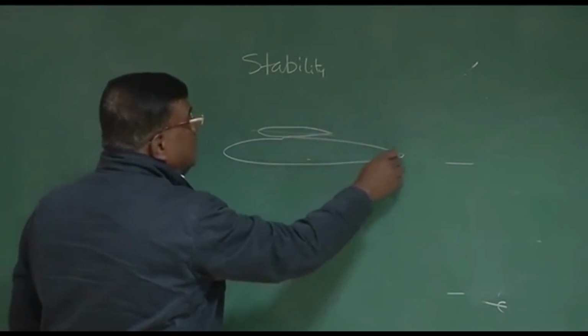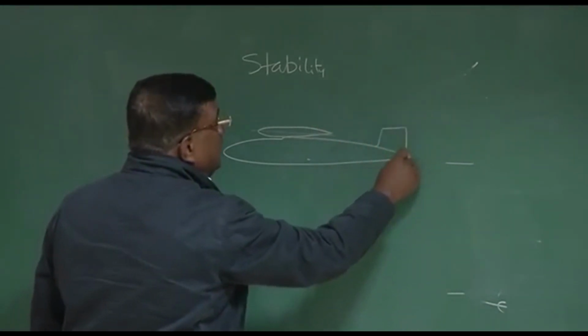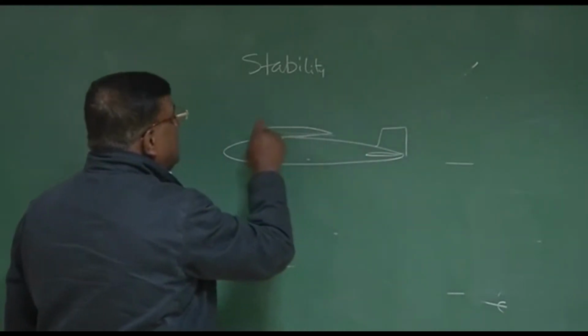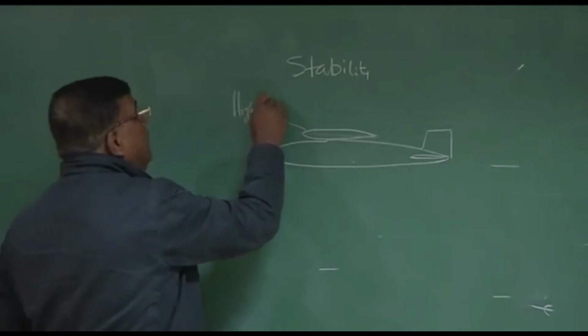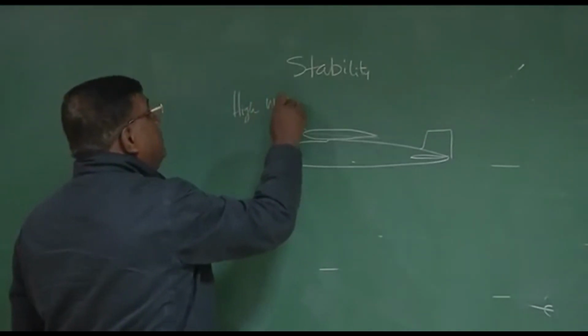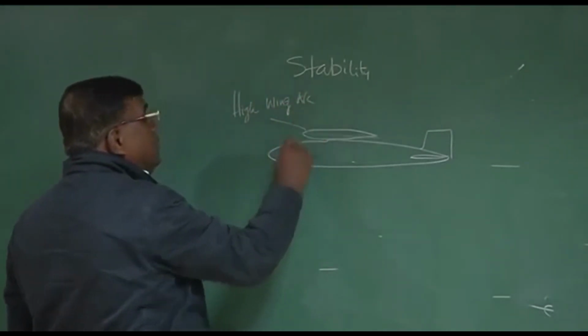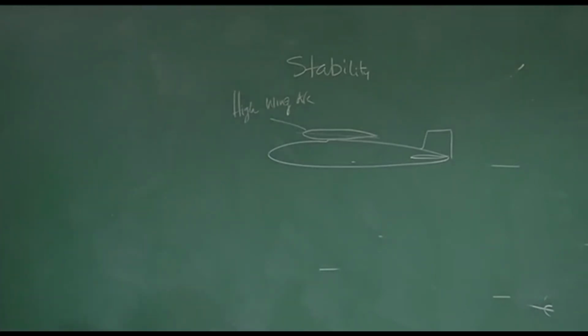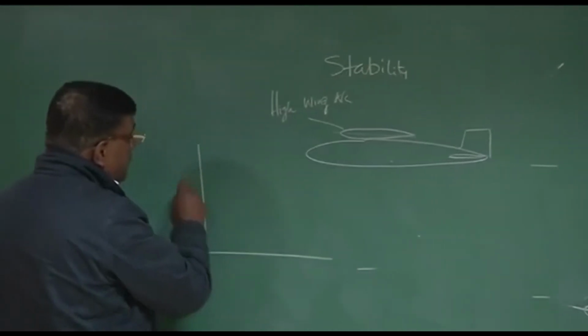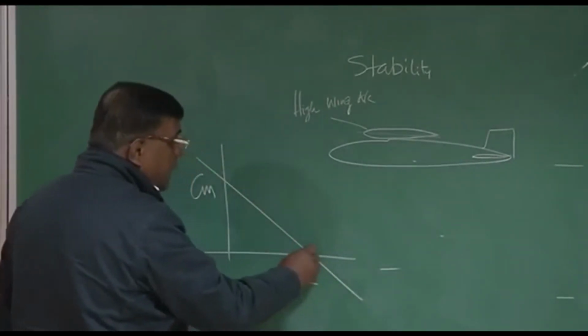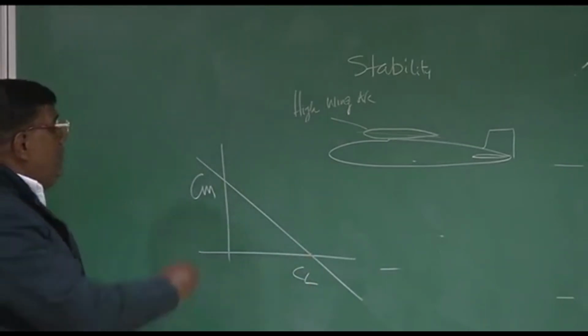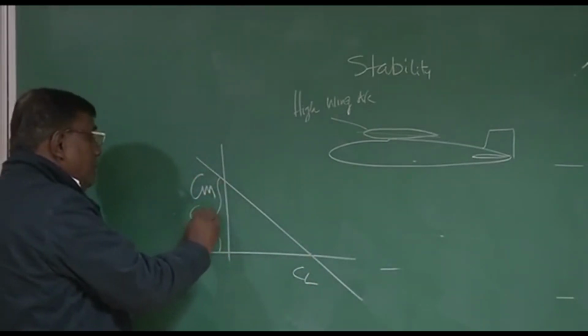Okay, and the tail could be somewhere here. This is typically the configuration of which airplane? A high wing airplane in flight lab, the Cessna 206, right? The question is, we are very much clear about Cm versus CL. We want this slope to be negative at trim, and we need to know about Cm naught at alpha equal